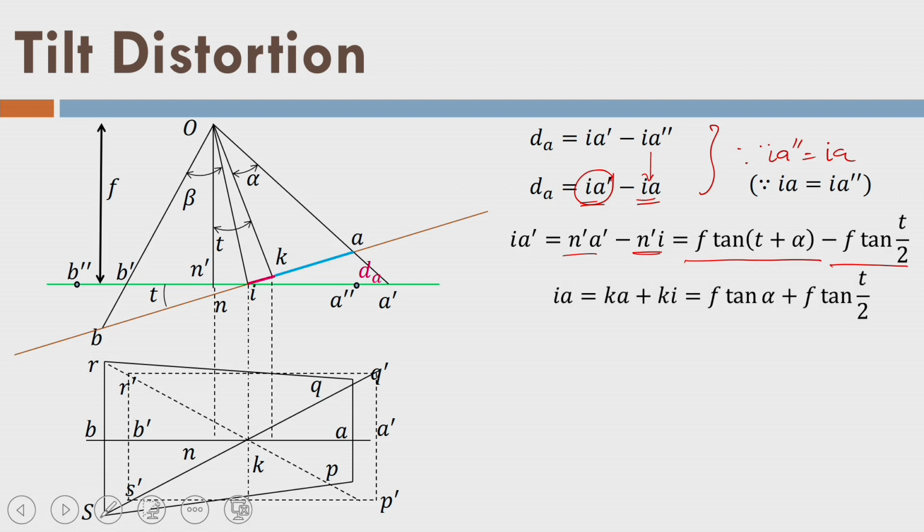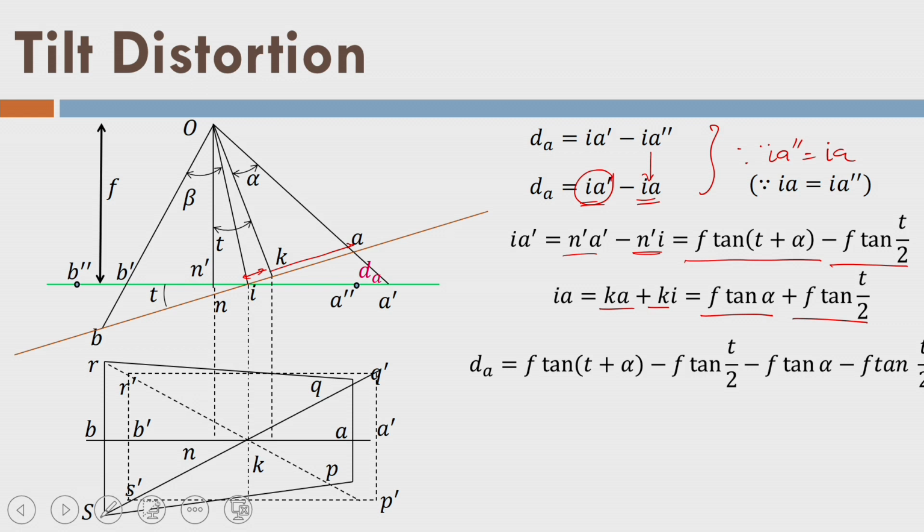So, IA is nothing but equal to KA plus KI, that means this is KA and plus KI, these two distances shown by the dark color here, and it is equal to F tangent alpha and F tangent T by 2. So, you can use these triangles and find out what is my F here. Okay. Now, I can straight away derive this term here, what is the tilt distortion for point A, which is lying below or above the tilted photograph, you can imagine, right. And